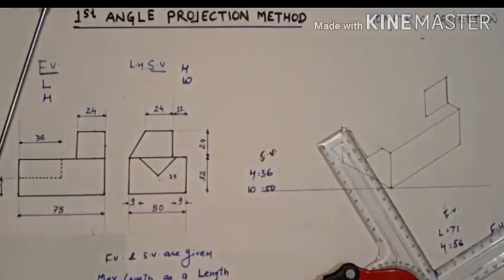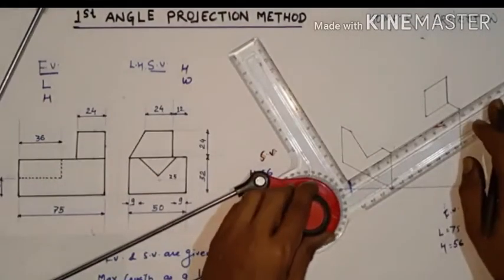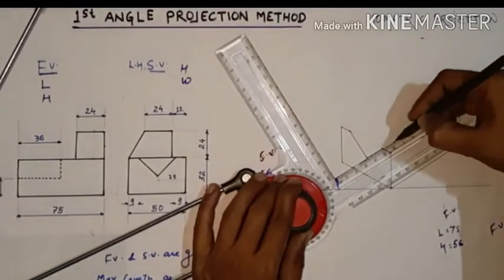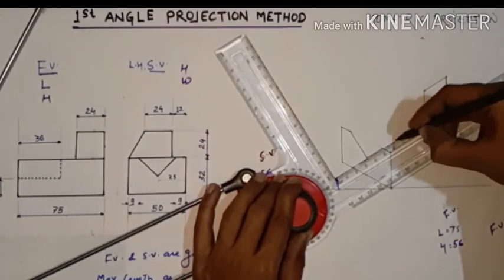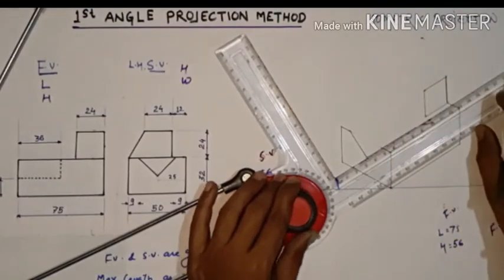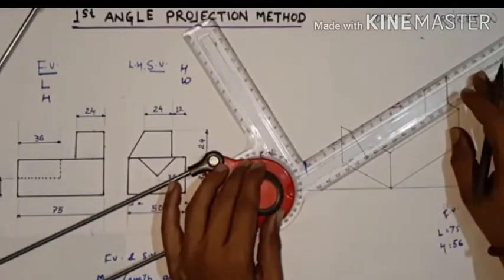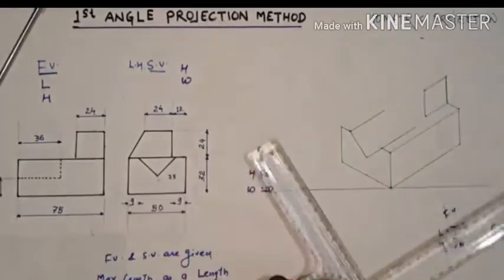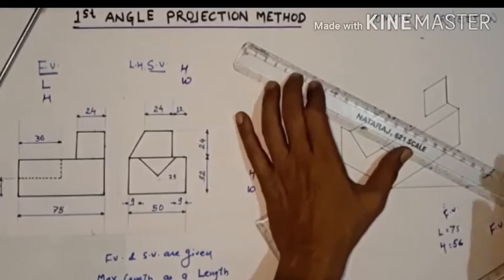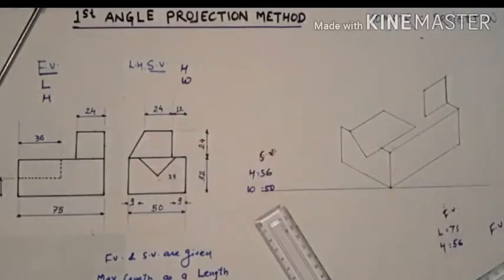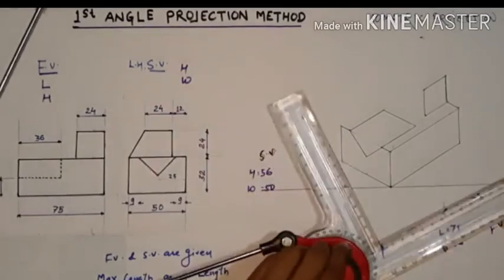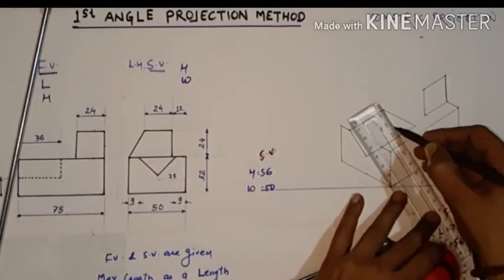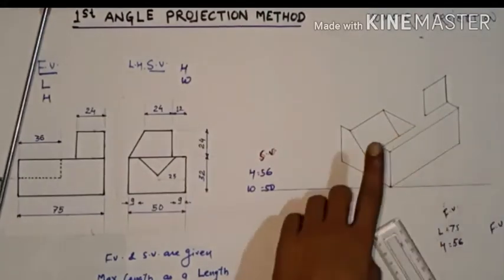So now from here we need to draw a 36 mm line parallel to it. So putting the MD parallel to it, from here we need to draw 36 mm. So starting from 50, this is 80 and this is 86, so that is a complete 36. Okay, and now from here we again draw a 36 mm line, like this, and join these two with a single line, like this. Okay, and again parallel to MD towards this line, and now taking the dimension here and drawing a parallel line, it looks like that from the top view.